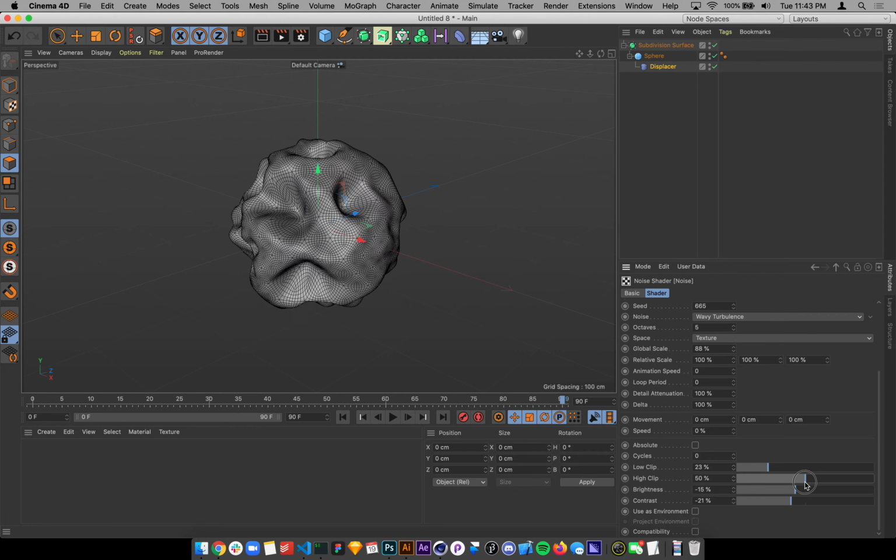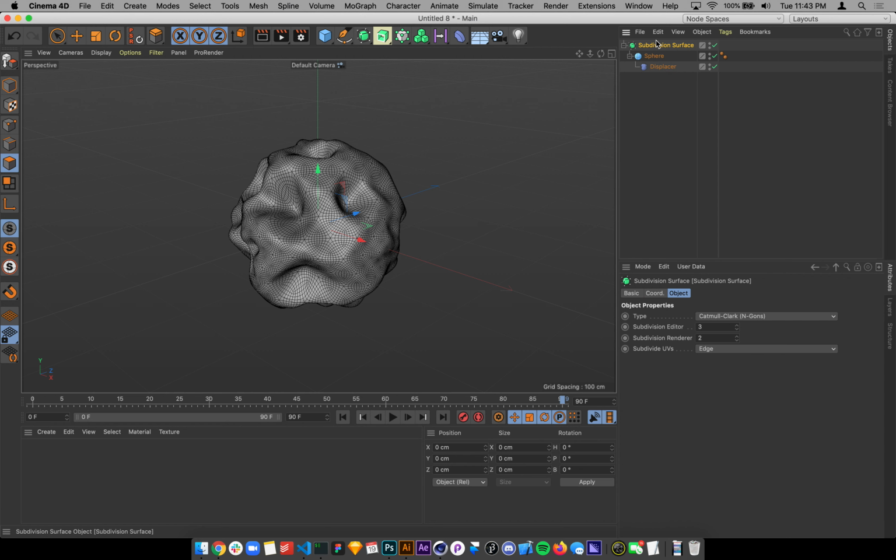Brightness, low clip, high clip. Supposed to do something like that. It's a little softer, I think, than that other version. Okay, so that's kind of our noise. And again, what you can do, what is recognized is these, right? So if I want to add in